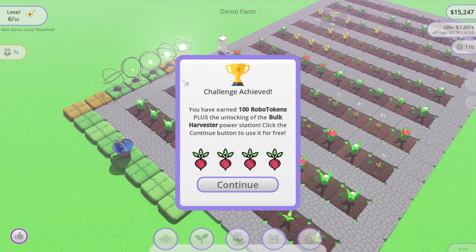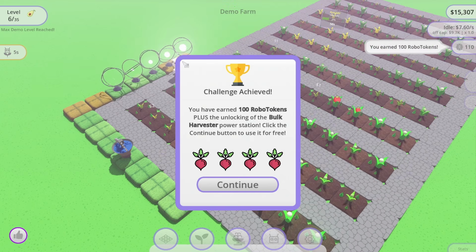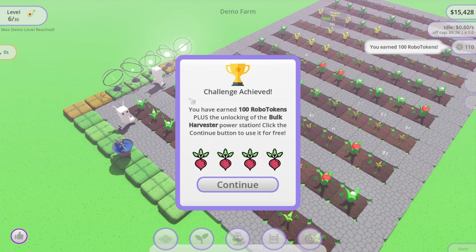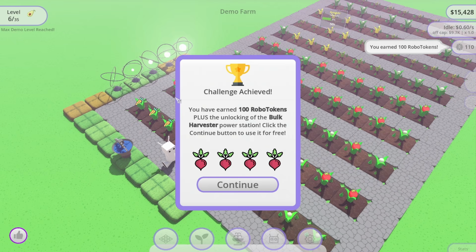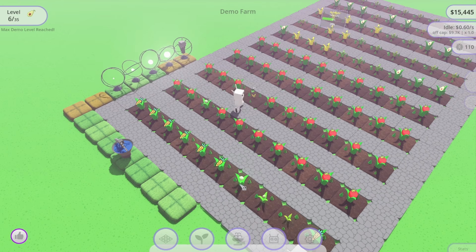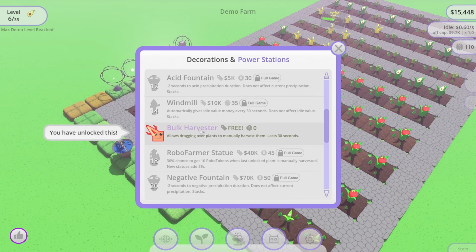Wow. Sorry, headphone users again. I'll see if I can find those sound effects and lower them a bit, but hopefully they'll show up on the waveform. Okay, so you've earned 100 robo tokens plus the unlocking of the bulk harvester power station. Click the continue button to use it for free. Oh yes, let's try this because